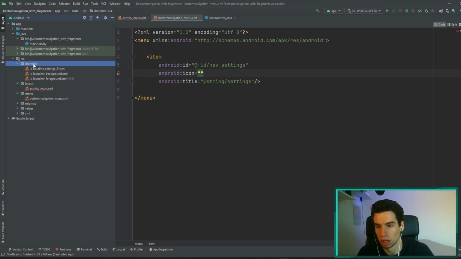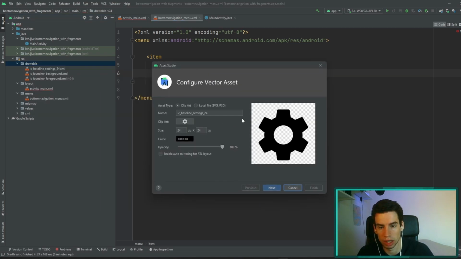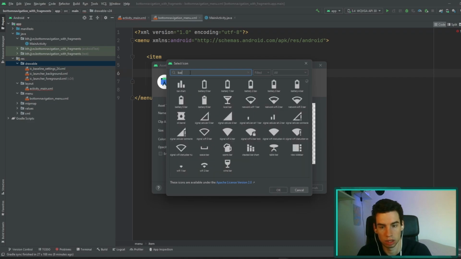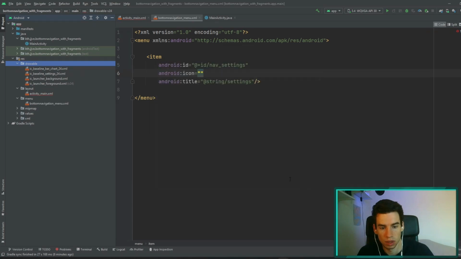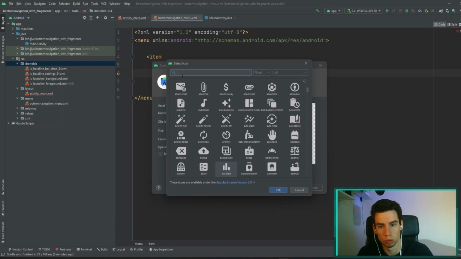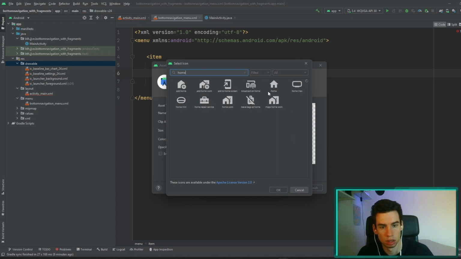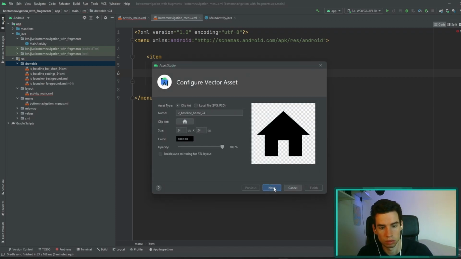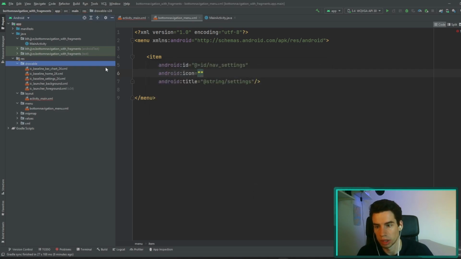The same we want to do for the results, in which case we will use a bar chart. And for our home page, we'll use just a regular home icon. So we can use that one. So now we can see that the three icons that we just imported are in our drawable folder. So if we go back to our menu now, we can add them to the icon,